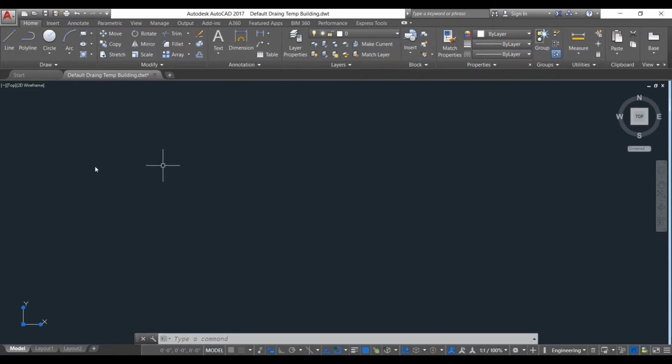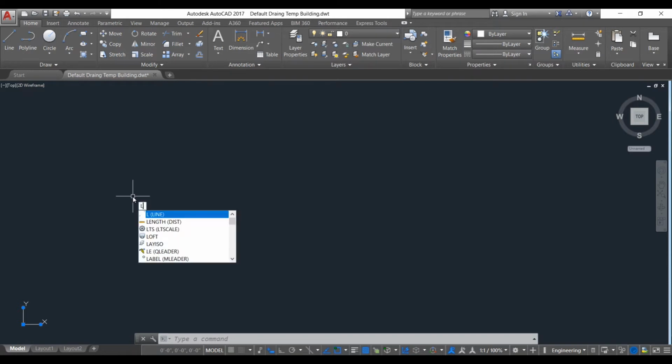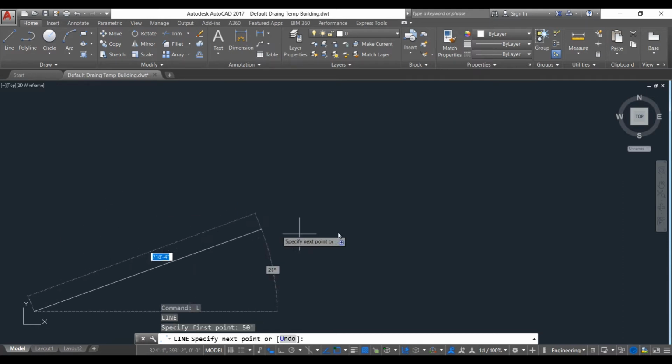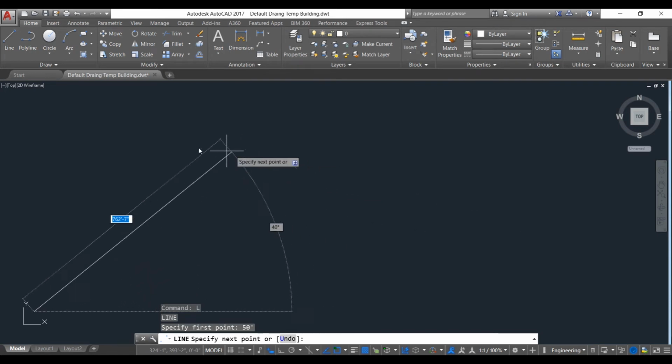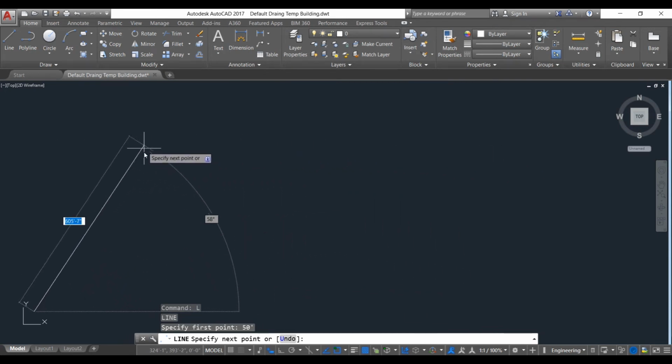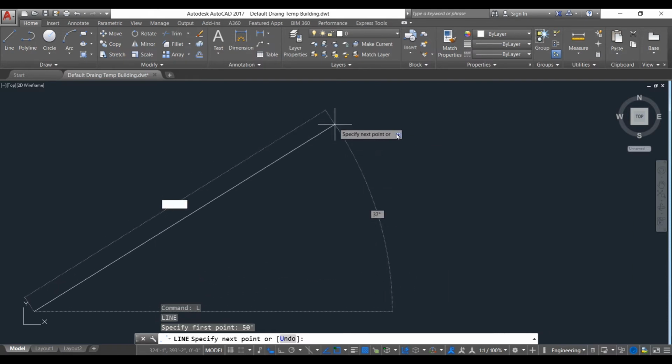To make a line, either you choose this line command or you can type L for short, enter. Now specify your distance, like I want a 50 feet distance. Previously I was not choosing the base point, that's why it is done like that.